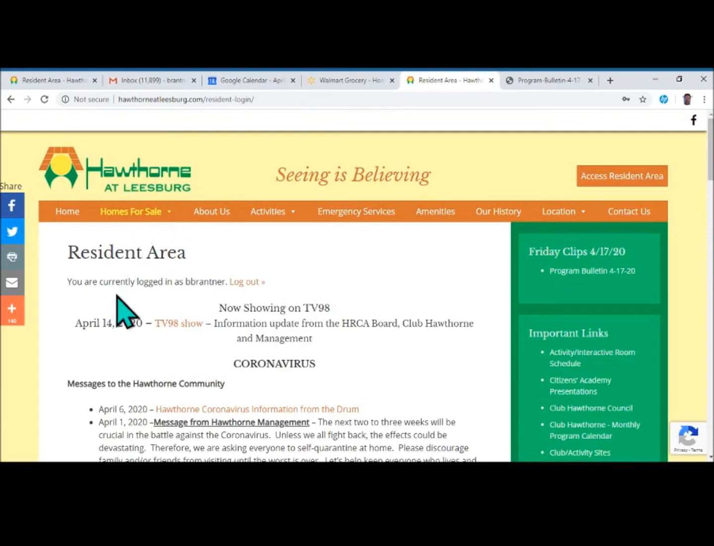Getting back to the resident area here, this first white page normally has 2 or 3 information items on there. It's very dynamic. It's not static in any way. Administration can get in here and they can post notices that need to be provided to the community daily, hourly, whatever the need is. Unfortunately, when I'm doing this particular video, we're right in the midst of the COVID pandemic,